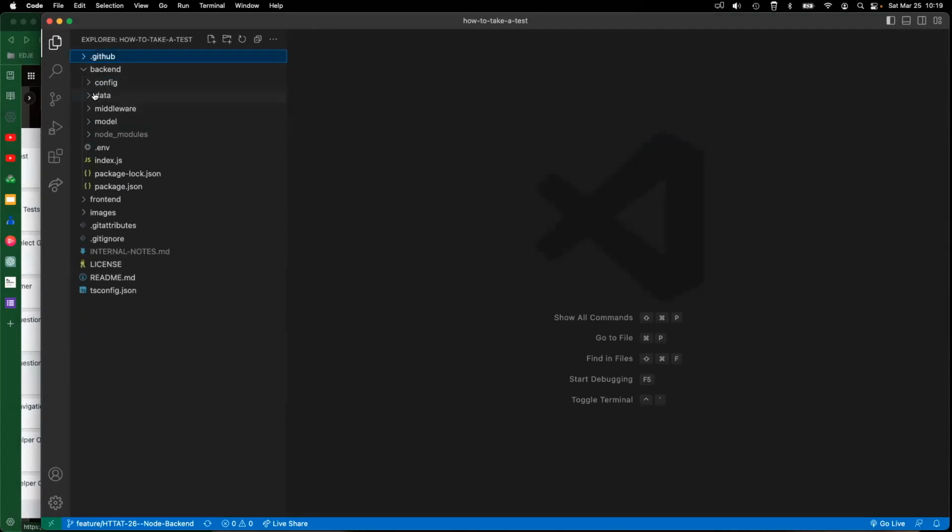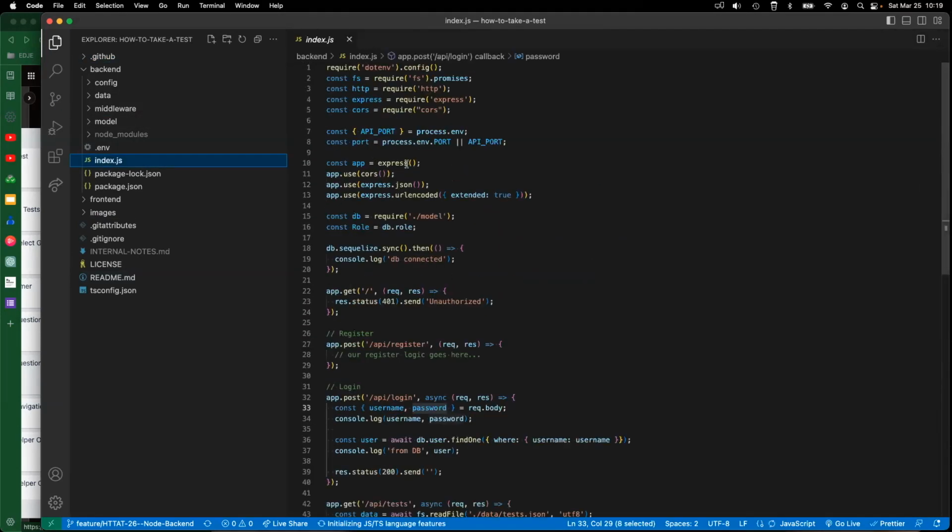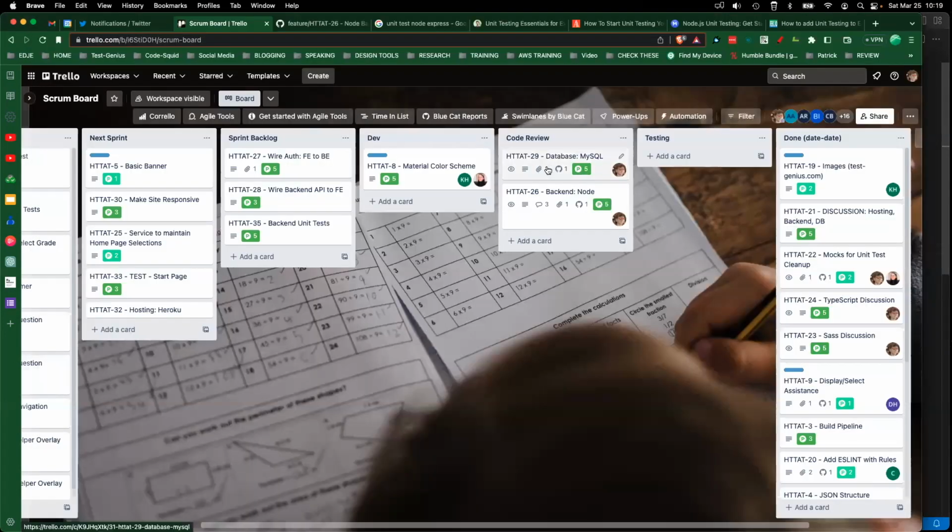The bigger part of what we have and need is right here in this index.js. And my thought at this point, rather than sitting here and watching me struggle with authentication and authorization code in Node, when most of you guys have been doing this stuff recently, is that this would be a great couple of cards. What I'm thinking is we'll count this as pretty much done on these two, because we have the database